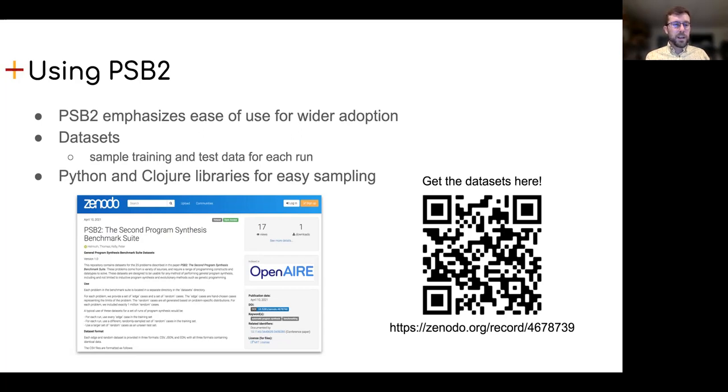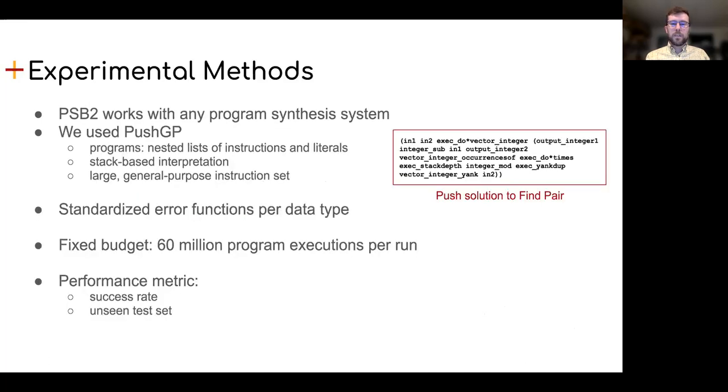Additionally, we are going to provide Python and Clojure libraries, possibly others in the future, that allow users to sample this data without having to write those samplers themselves. This link here with a QR code takes you to the Zenodo page where you can find the data sets and these sampling libraries. Finally, I want to talk a bit about some experiments that we conducted to get a